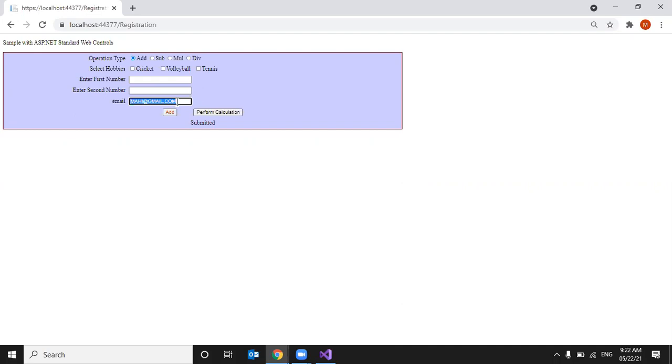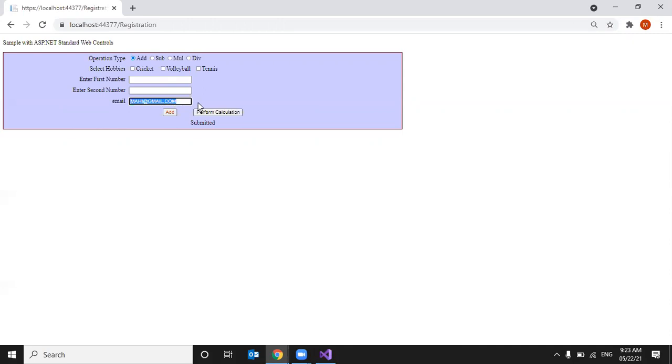So except the required field validator, no other control will verify whether data is empty or not in the control. If the data is available, then it will perform the validation. Otherwise, it won't perform and it will submit. It will treat it as a valid state of the control.